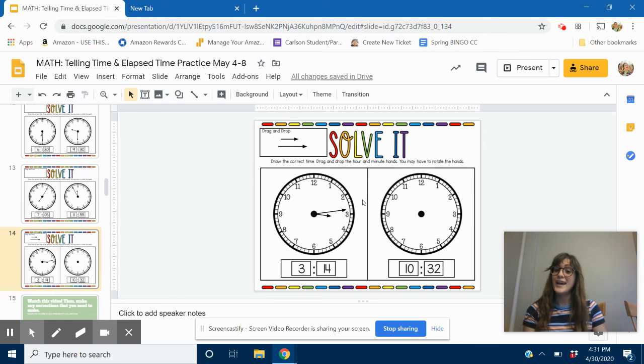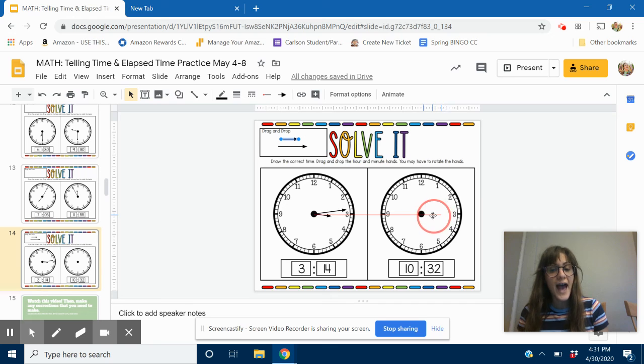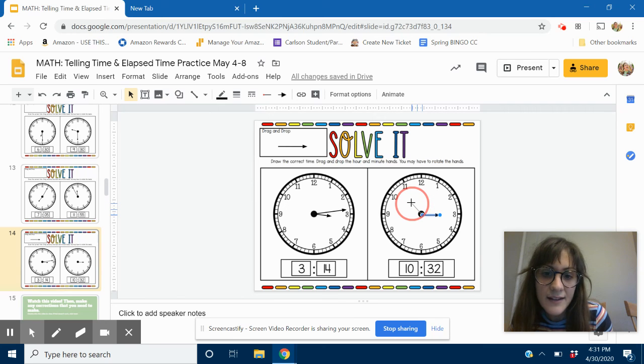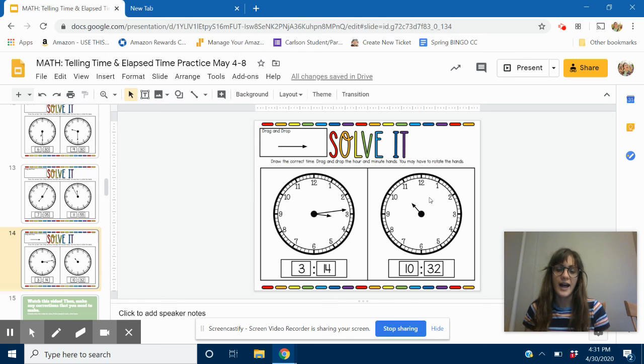All right, and now 10:32. Well, we know that if it is 10:32, then it is about halfway past the hour of 10, or half past 10. Okay, so when I line up my hour hand, I'm going to line it up halfway between that 10 and that 11, right there. Okay, now